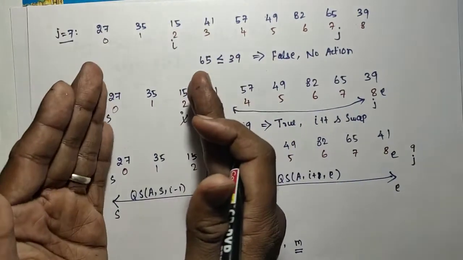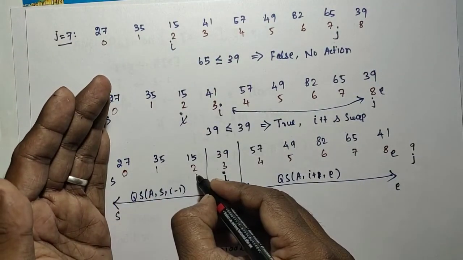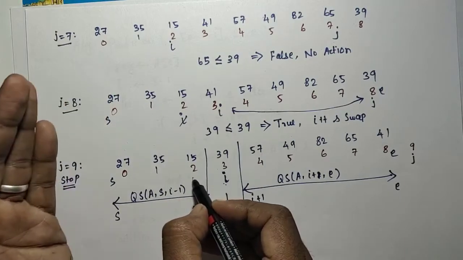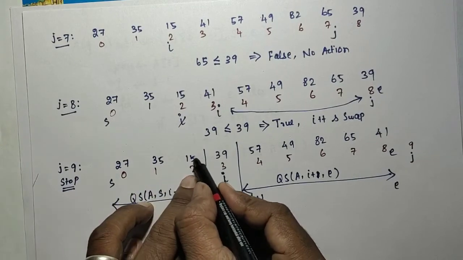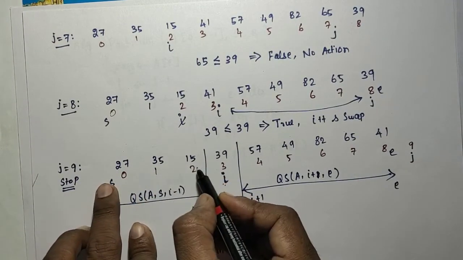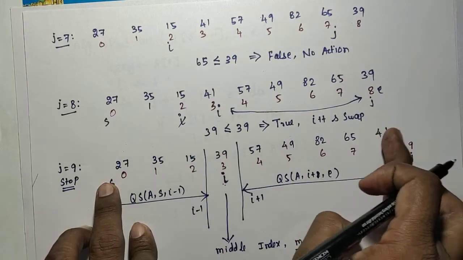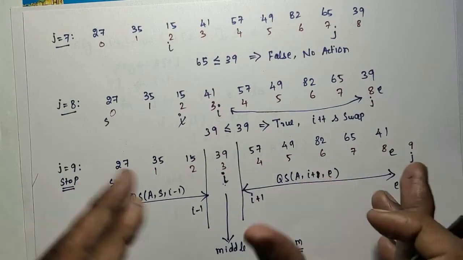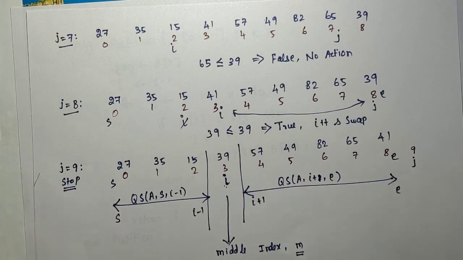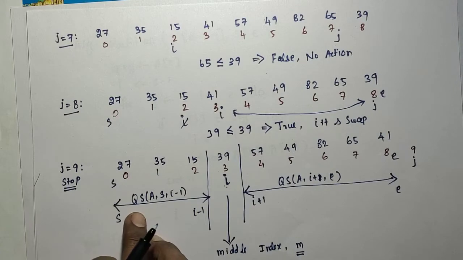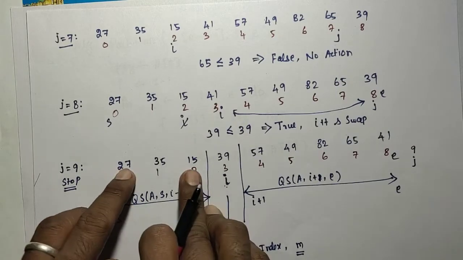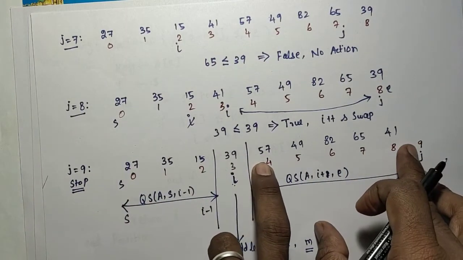What will happen in the next iteration? This will be s and this will be e, and the middle element will be determined by using the partition algorithm. So here the partition is based on the last element 15. Based on the 15 it will be split. In that half, based on the 41 it will be split into two. Like that the algorithm will be continued. Next you have to consider these three elements alone and apply this algorithm: again partition, quicksort of left, quicksort of right. Again I need to apply the partition here, and again here.